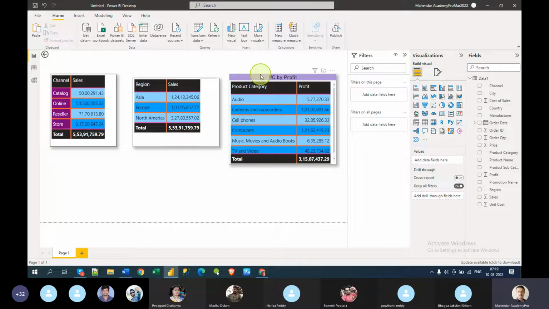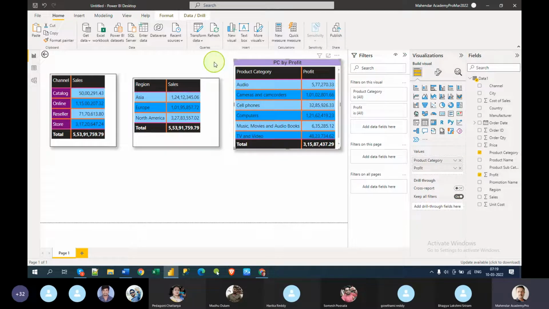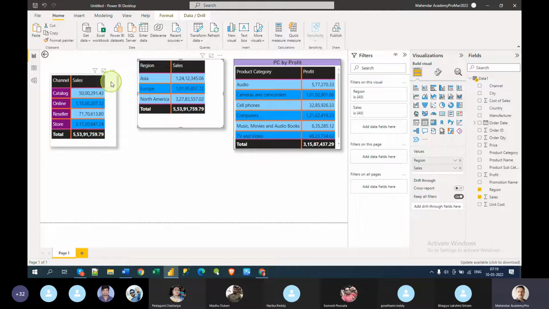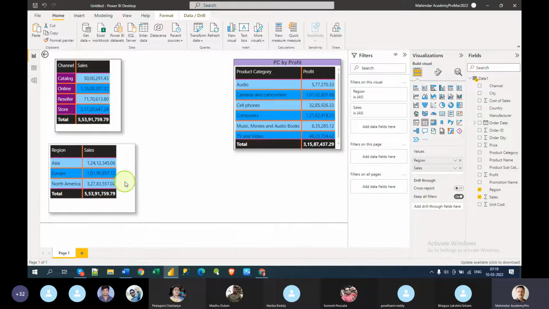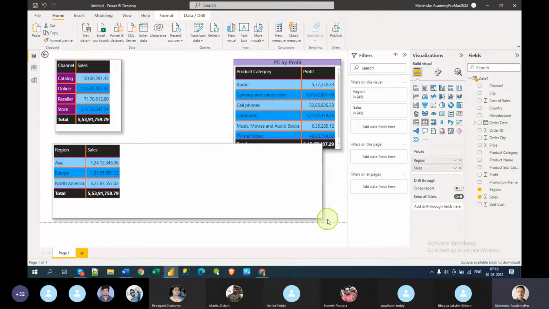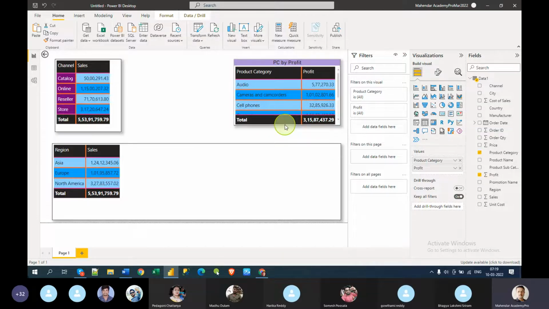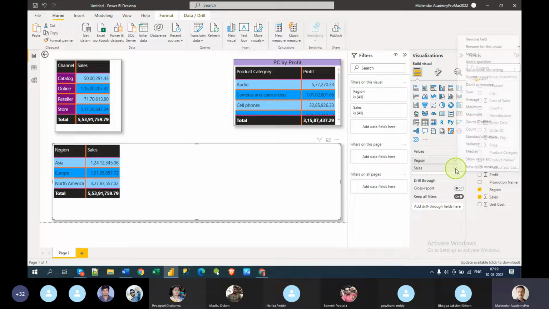But the next level thing is, let me make it a little up. Okay, so this is the one that we can use. So I will take this little down, and I will put it here, and I will make it bigger. Okay, so let me make it small. That's fine. Now what I'm going to do is, I want to see the sales. What is the sales? The sales is basically sum of sales. That is good. But I want to see average sales.